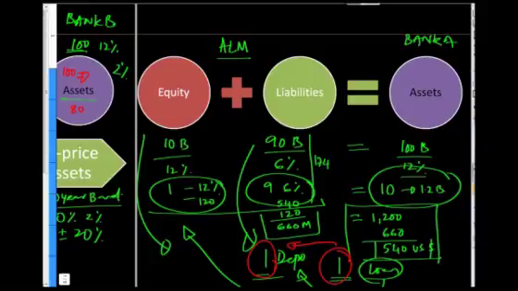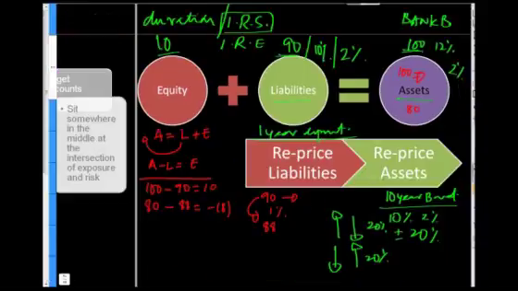In our second scenario, things are not that rosy. From a pricing point of view or a maturity point of view, we actually made a mistake. And that mistake was that we used a 1-year deposit to fund a 10-year asset, and that led to a situation where, when rates moved against us and went up by 2%, the equity of the bank was wiped out when this asset was repriced and when this liability was repriced.